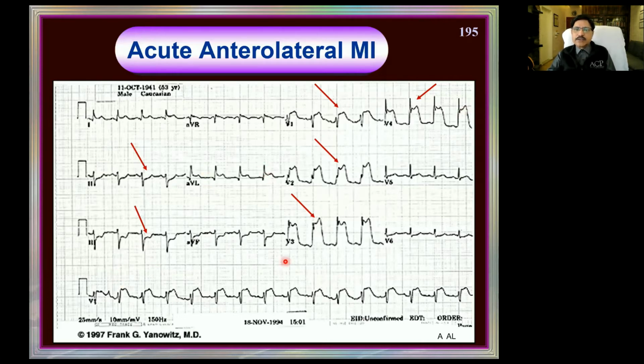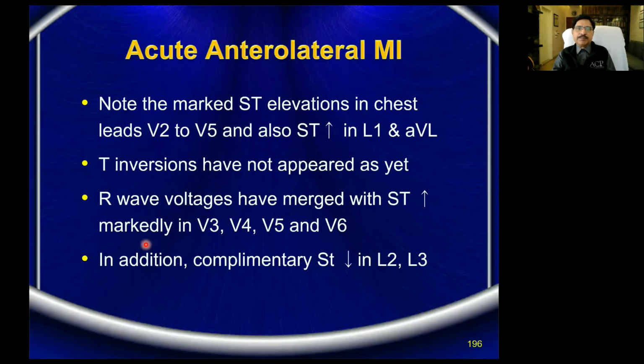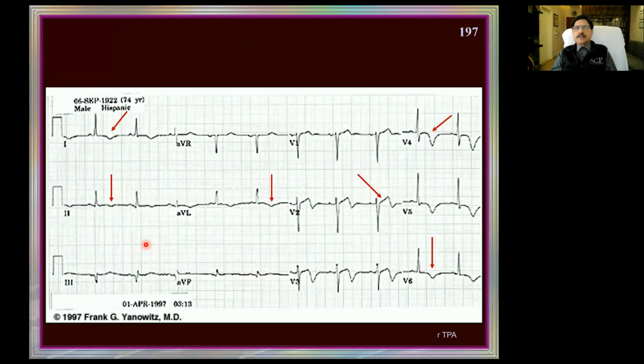If you don't have these changes and this is normal, then I will say there is a sort of subendocardial inferior infarct. These changes with subendocardial inferior infarct will not have any changes here. In the presence of these changes, this is not subendocardial infarction of the inferior wall, but just a complementary change of the anterolateral wall. Look at this ECG.